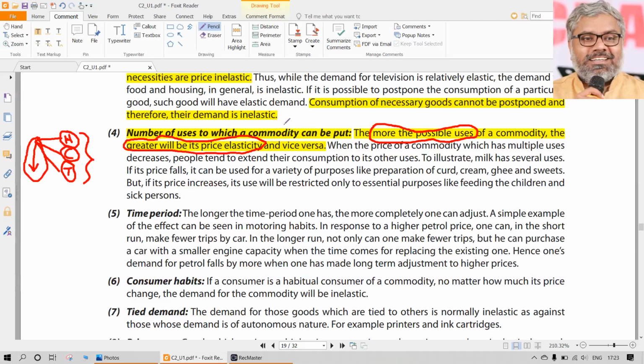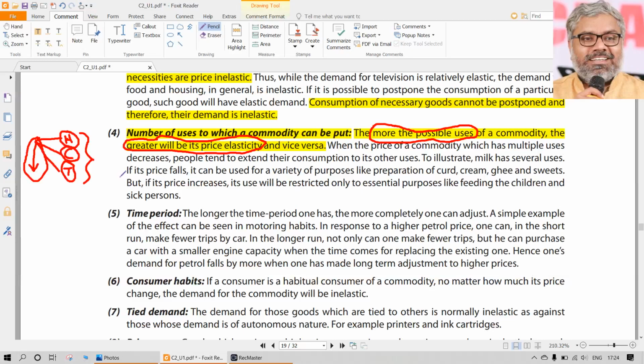Means what? If a product cannot be used for many purposes, take salt for example. Tell me other purposes of salt. We know that nowadays toothpaste also has salt. We can use salt for brushing also. That is the classic understanding of the usage of salt. Though we talk about all these things, generally nobody uses salt as a tooth powder. Nowadays we are using toothpastes and powders only. So mostly salt is not used that way; keep that discussion apart. Other than cooking, what could be the other use for salt in general? Not much. It is very limited in its usage.